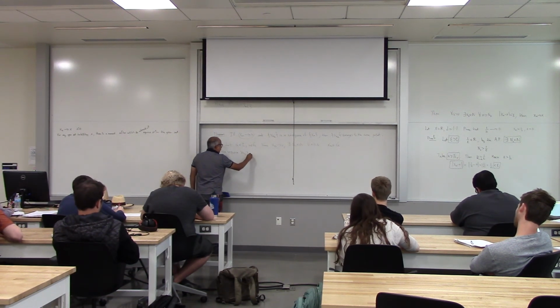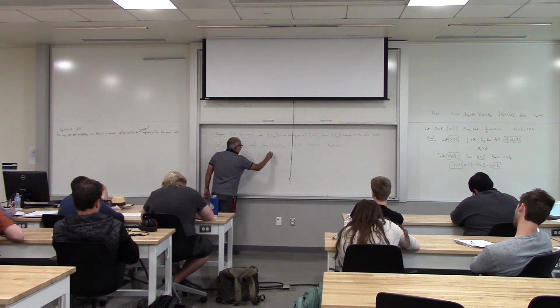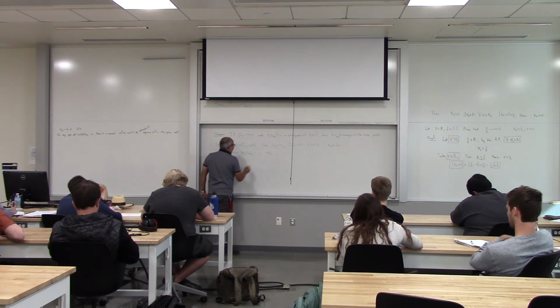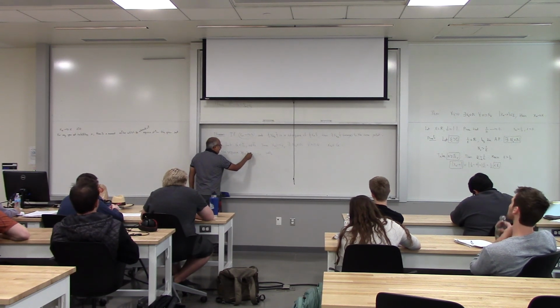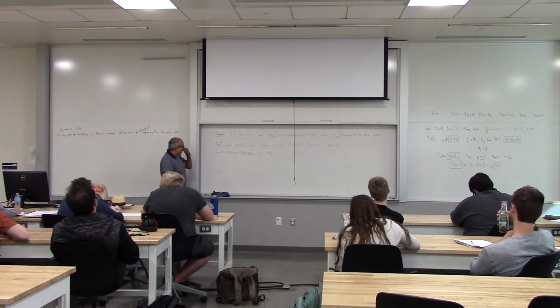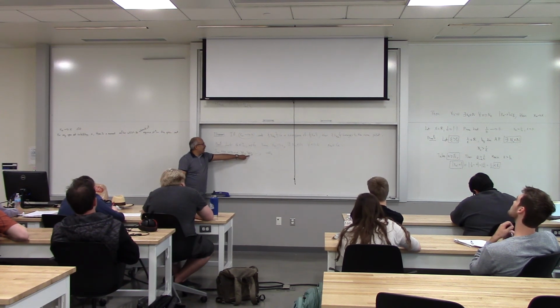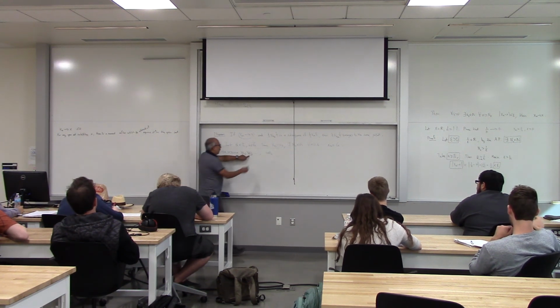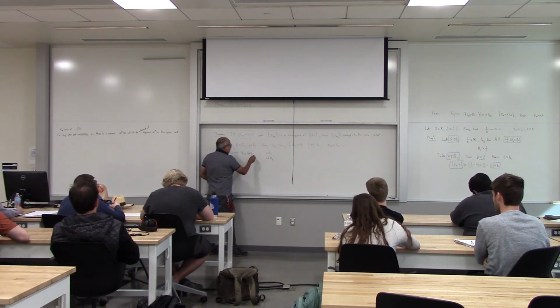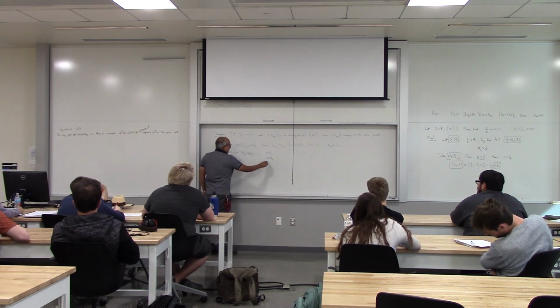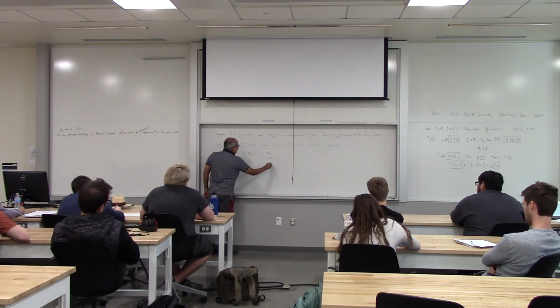xn1, xn2, the smaller that this number can be is 1, and n1 is greater than or equal to 1. What is the smallest that n2 can be? 2. So n2 is greater than or equal to 2 for sure. What is the smallest that the next one can be? n3 is greater than or equal to